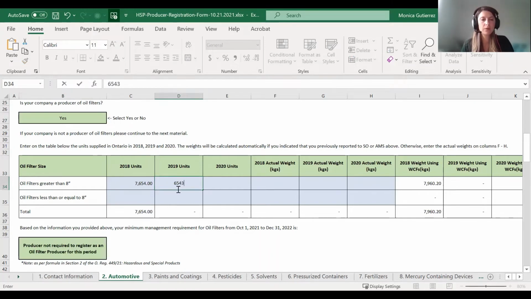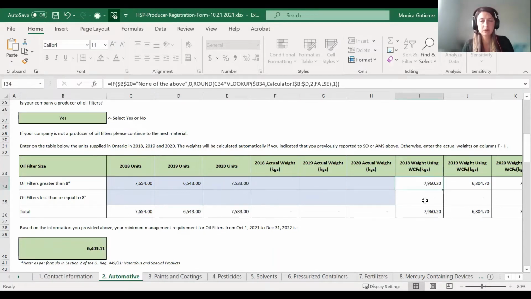So once you enter the units here, two things are going to happen. So the first one is that the weights are going to be automatically calculated for you to help you convert the units into kilograms. And based on the information that you provide on this table above, the spreadsheet will be automatically calculating